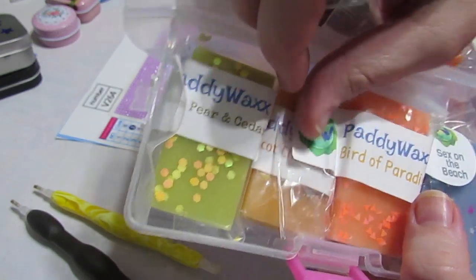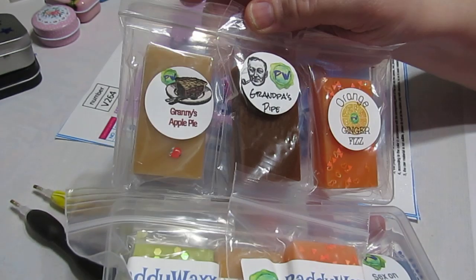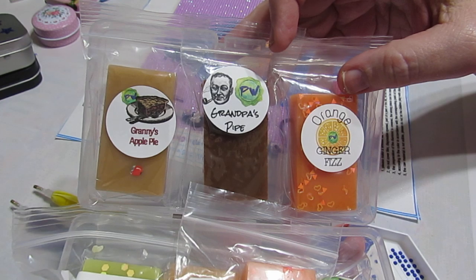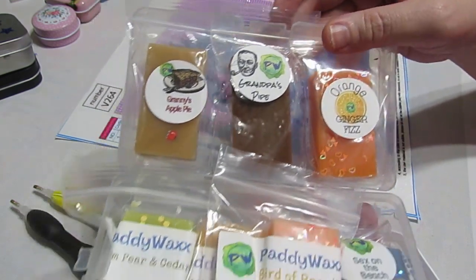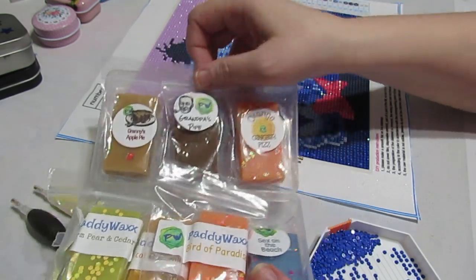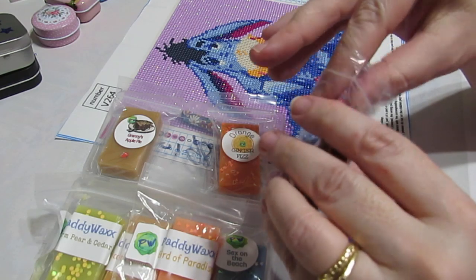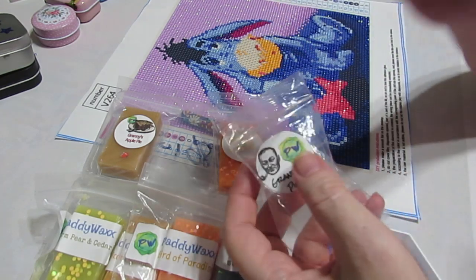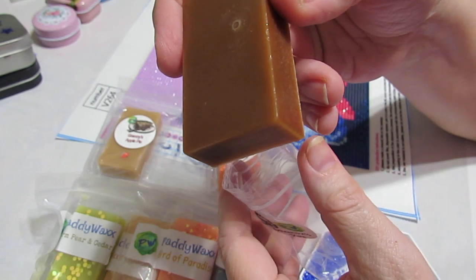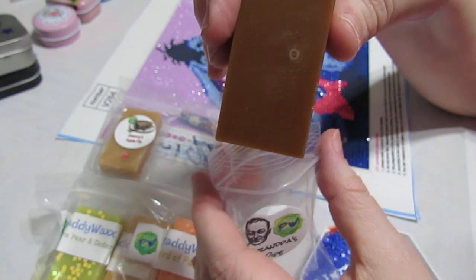That's what my first one was. Bird of paradise, sex on the beach, granny's apple pie, grandpa's pipe, orange ginger fizz. I love all of these. I picked these out for different reasons. I got grandpa's pipe. When I was a little girl, my grandpa smoked a pipe, and I wanted that memory. And it's very lovely. I mean, it's not like a real strong pipe smell, but it gives me a bit